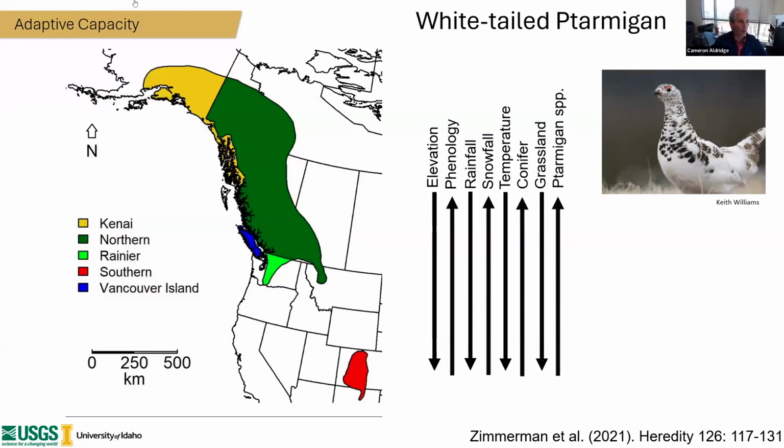Thanks. So I'm going to walk you through a real-world example of adaptive capacity, leaning again on our white-tailed ptarmigan examples. So this is using a genetic basis for white-tailed ptarmigan. We've assessed the subspecies designations, which you see the 5 located here in the different colors that are represented. And we are really interested in assessing how genetic variation might be adapted to local environmental conditions, if there was any evidence of that adaptive divergence. So there's multiple environmental gradients, which I'm showing on the right here, that many link to climate, but it changes in rainfall, snowfall, temperature, obviously elevation, and then some habitat conditions.